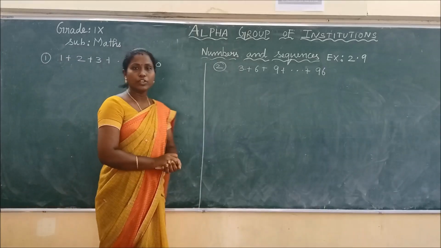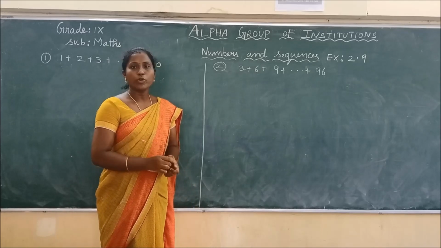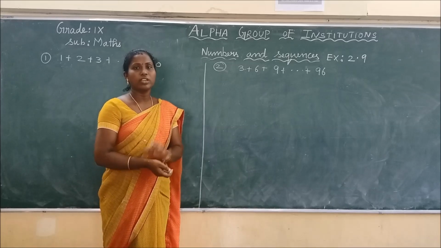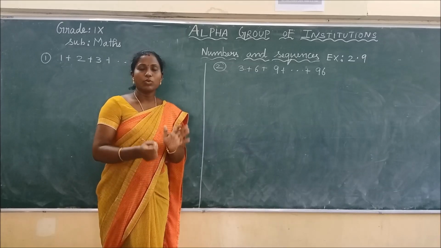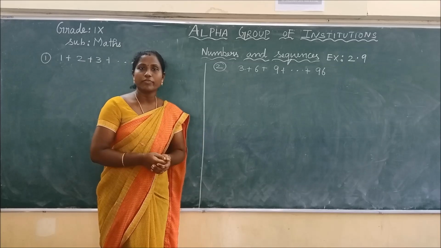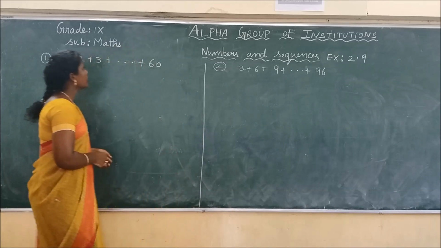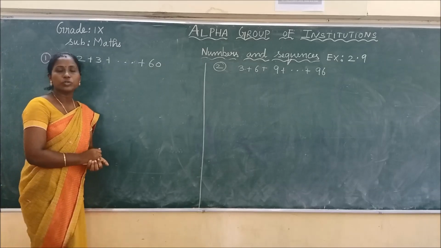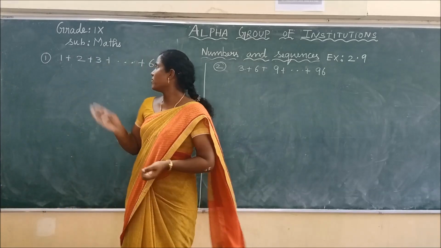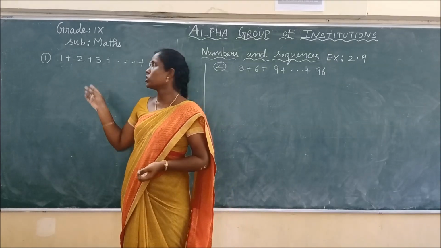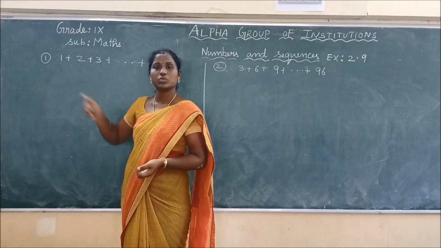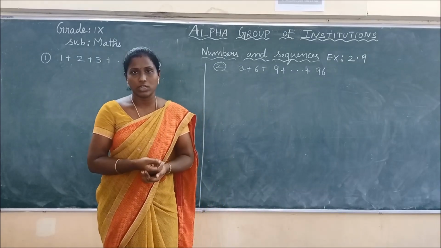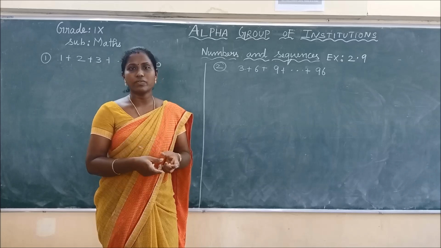So see the first problem in this exercise, children. We have to find the sum of the given series. The first problem has subdivisions here, we will solve them one by one. The question is to find the sum of the series. Under the first problem, 1, 2, 3, etc., the last number is 60. We can say it is an AP also, because the difference 2 minus 1 is 1, 3 minus 2 is 1. We can solve this problem using the arithmetic series formula also, but we have a simpler way to find the answer.